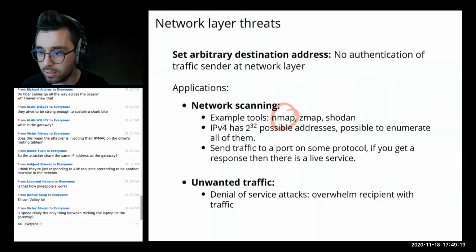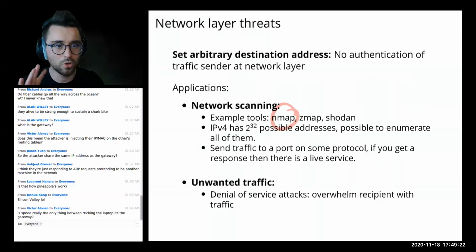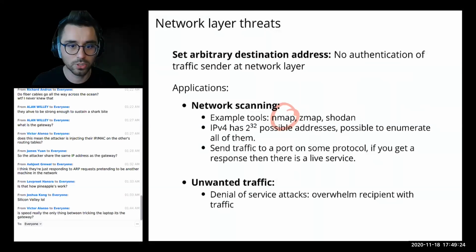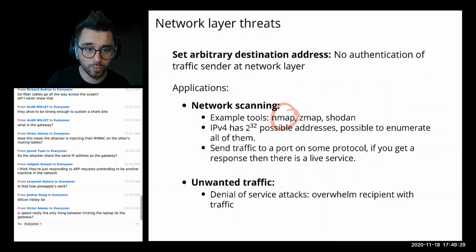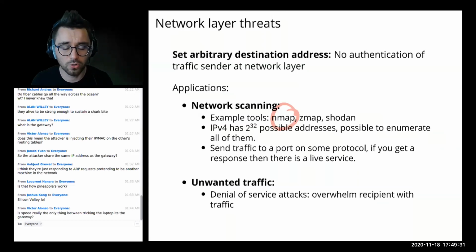So again, do not go mess with these people's servers. It's super duper illegal and it's super unethical. But you should scan your own local machines and your local network. You do want to figure out, is my web server or is my database actually publicly accessible, and should it be? So this is typically used for penetration testing and local attack discovery. But obviously attackers use these, right? So these are used by real attackers.